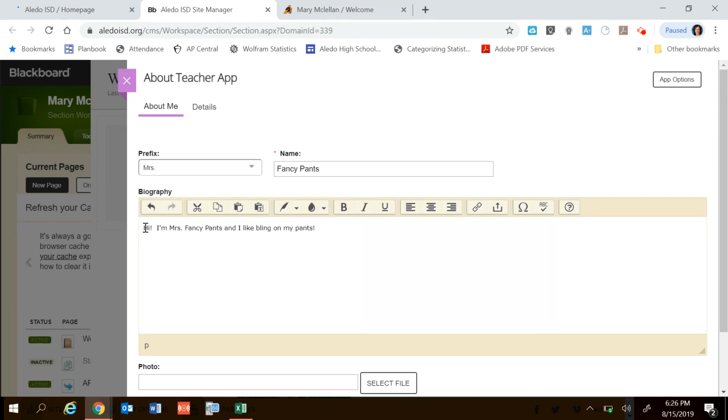So here is my paragraph about myself. Okay, I actually don't like bling on my pants. I'm not a very blingy person. All right, so you have that paragraph about yourself, and then you will also have